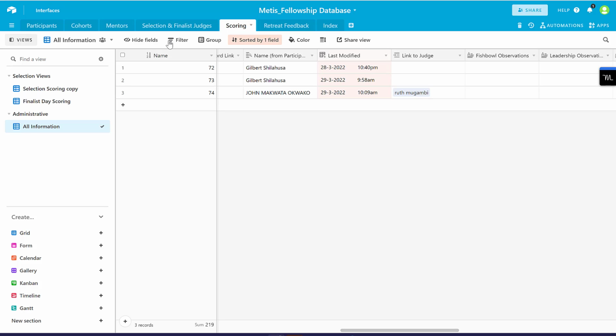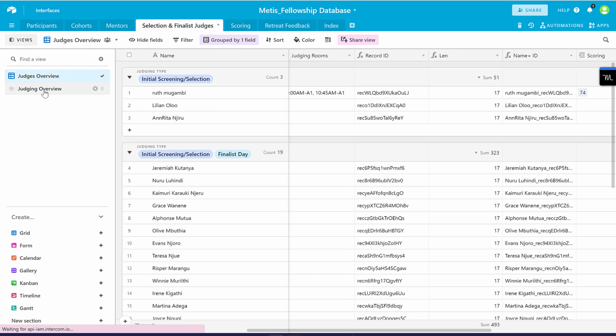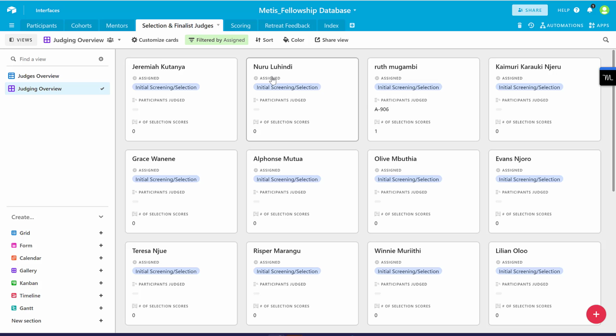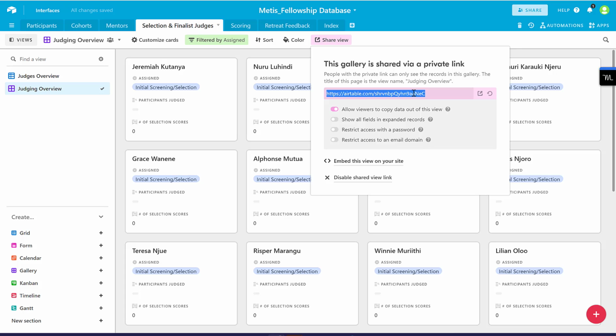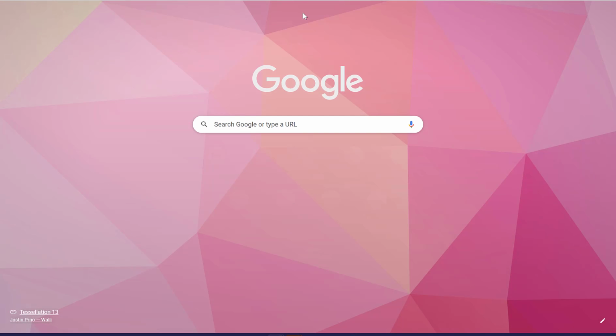What we can do with the judging is we can provide judges with this view, the judging overview. For Ruth, we can see that Ruth has done one judge and she's judged 906. The challenge here is that it's a decent amount of visibility for people in terms of who's done what judging, but at least it provides them an idea of who they have judged and who they've not. Hopefully that's a decent